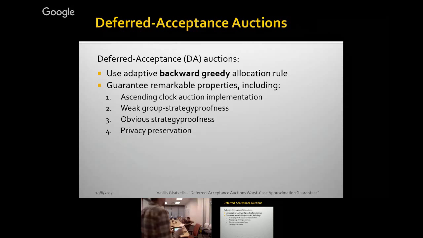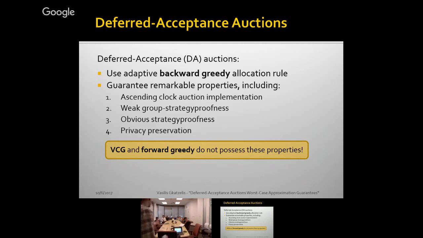And finally, in some sense, it has privacy preservation in the sense that you don't really need to bid. You don't need to report any value. You just see the prices go up. And the winners, for instance, never reveal how much they value things. Maybe I had a huge value for something. No one needs to know about this. If I win, I won for whatever I paid. All they know is how much I paid. Okay, so these are very important properties that really motivate understanding these auctions better. And this is what they used in this $20 billion Spectrum auction that just took place last year.